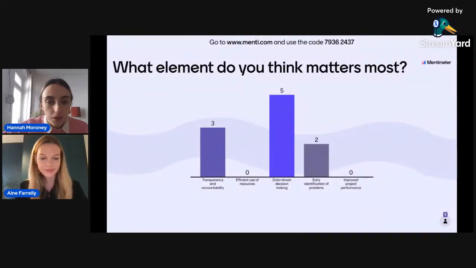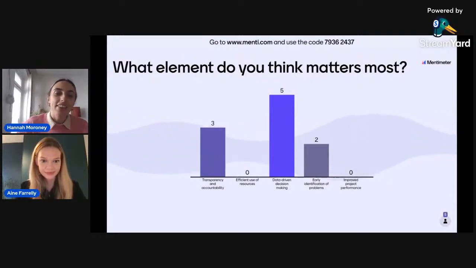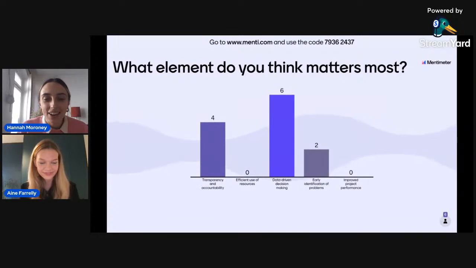So we already have 5 votes for data-driven decision-making. I thought that might have happened. I thought that this might be an early favorite. 6 votes for data-driven decision-making. Transparency and accountability is also an important one. Early identification of problems.